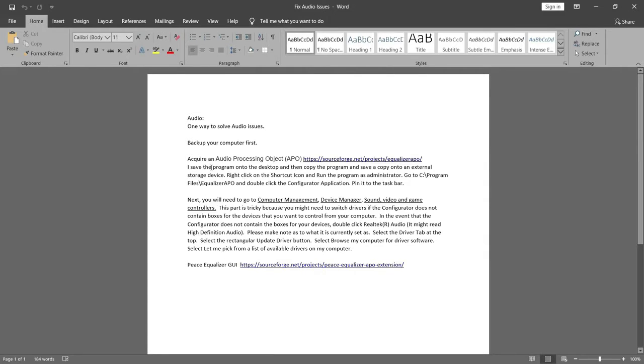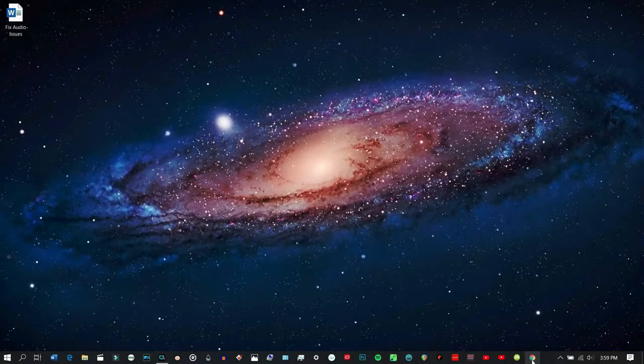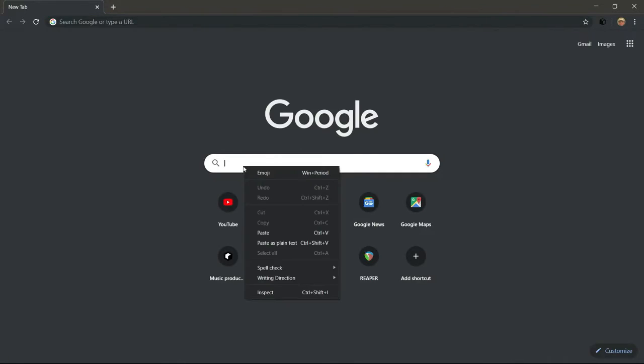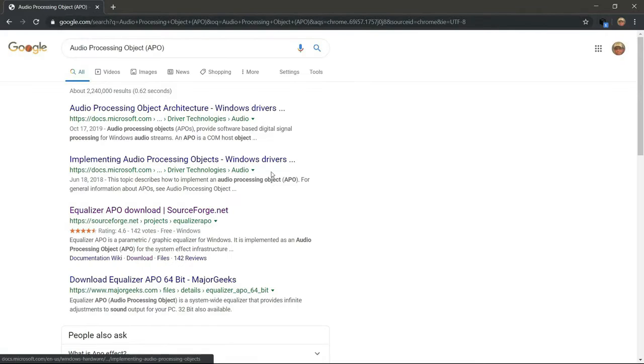Okay, so the first thing that you're going to want to do is, of course, back up your computer, okay? And then we want to acquire an audio processing object. So we'll just copy that. Let's close that. Paste. Enter. And then